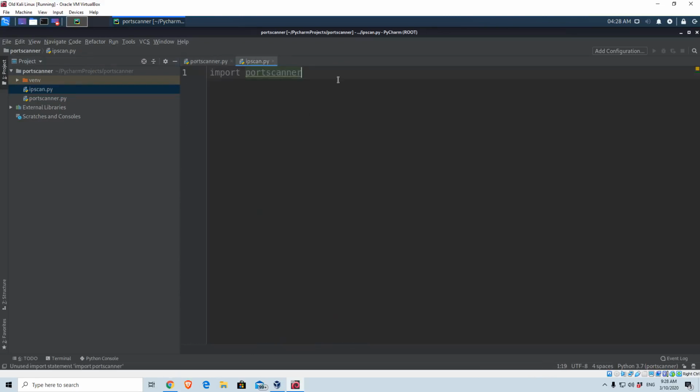Okay, so the use of this importing is basically if anyone else wants to use our port scanner, they can simply just import it and use the functions from that program into their own program. So what we're going to specify right here first is the IP address to, for example, be testphp.vulnweb.com. This is the domain name that we used to test with our port scanner before, so nothing new right here. And all we need to do to actually run this port scanner inside of a different program is to